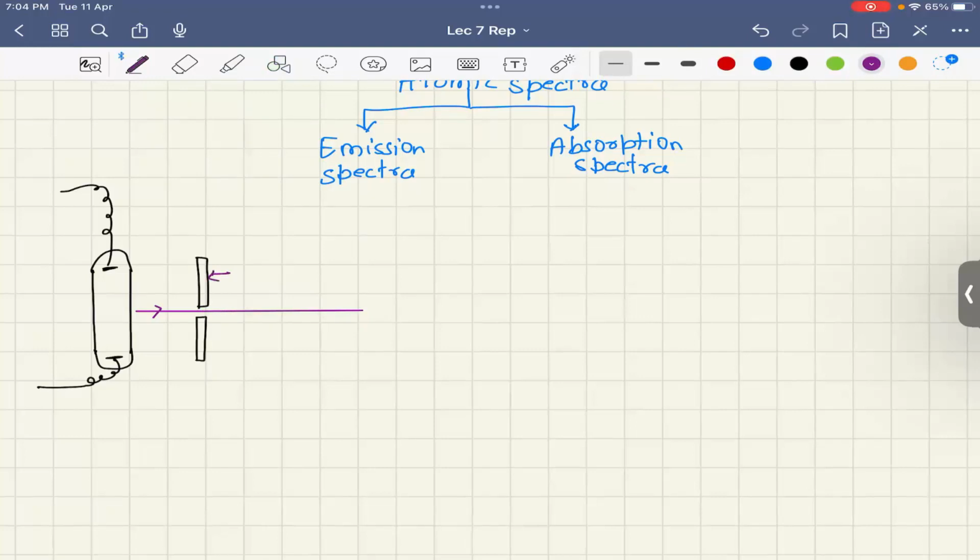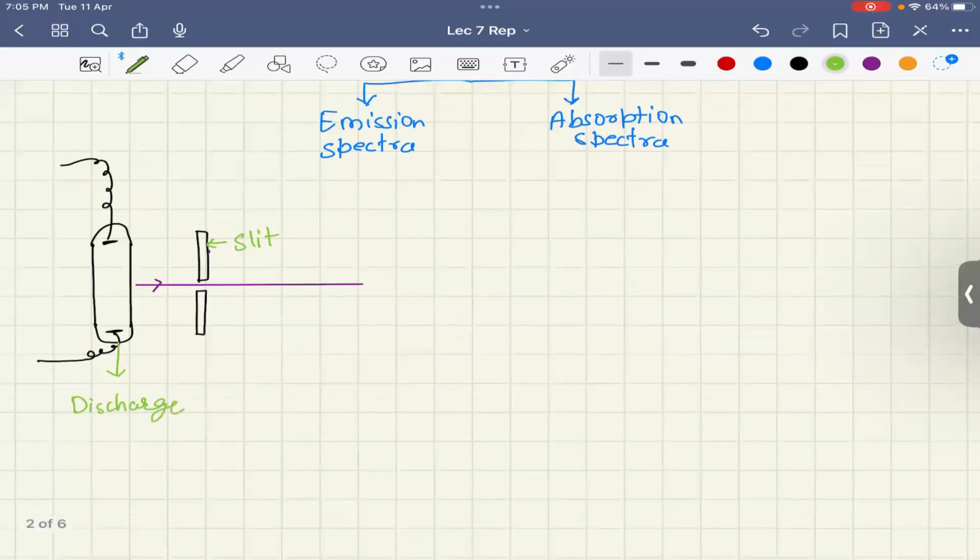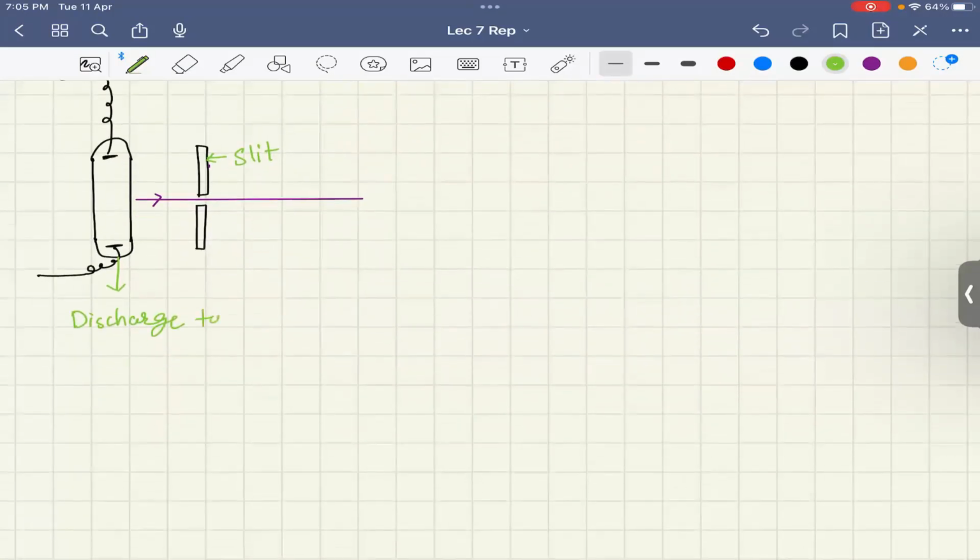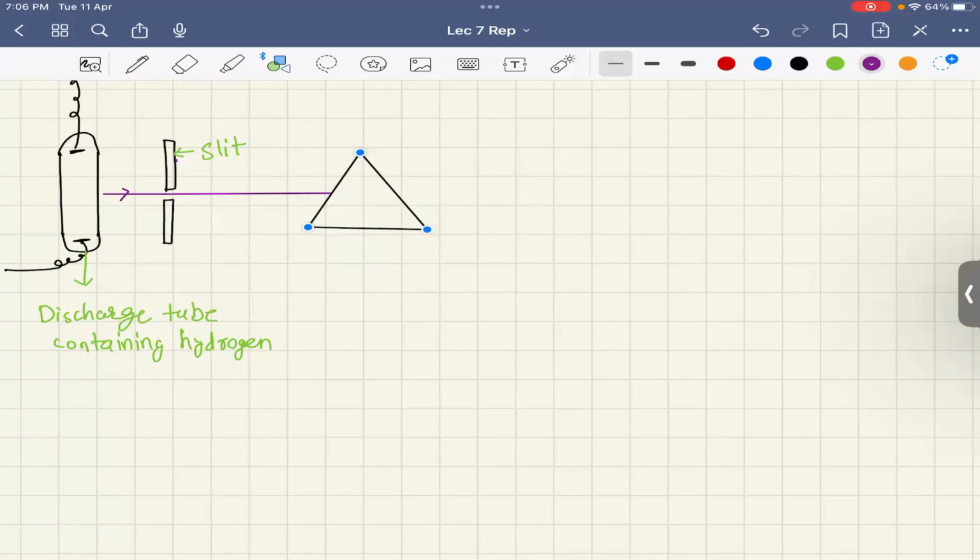This is the discharge tube containing hydrogen. When the light from this passes through this prism,